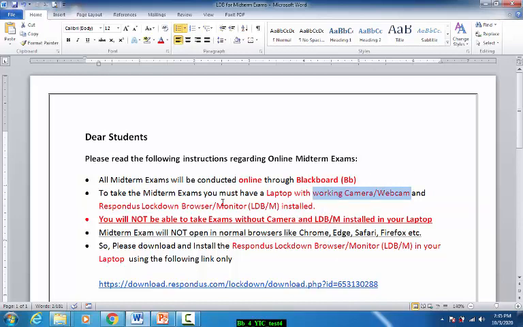If there is no camera or no browser installed, they cannot take the midterm examination. If some students say, teacher, I don't have a camera in my laptop, how many students will we have like this? Maybe 1 or 2 or 3.